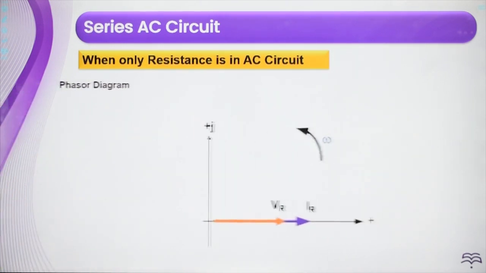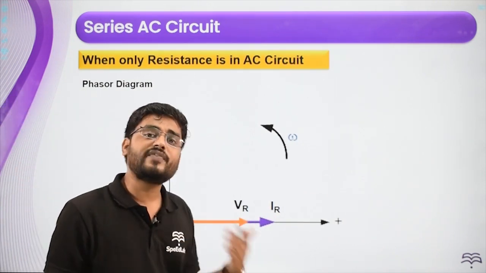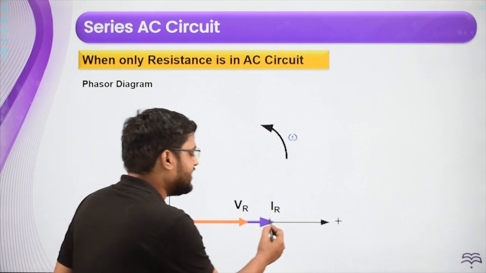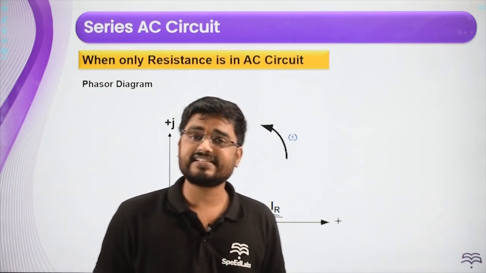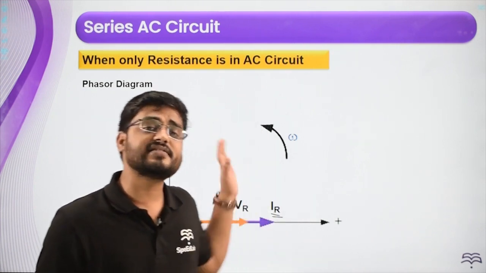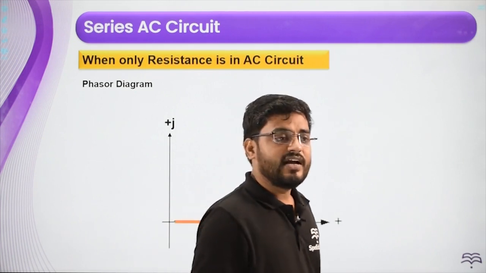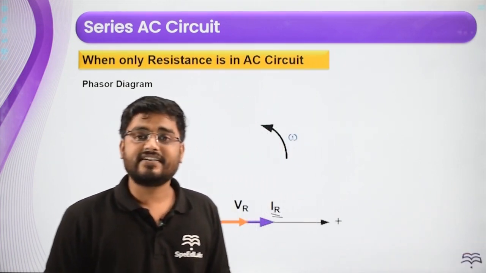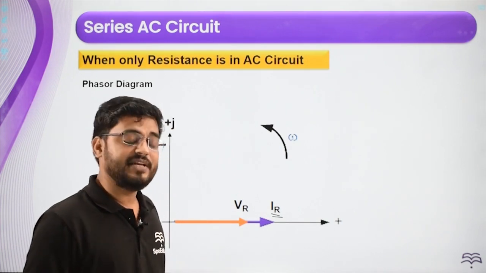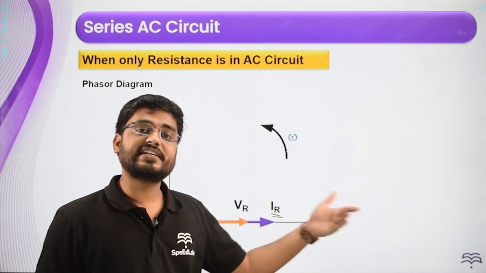Now next is the phasor diagram. In a phasor diagram, we always show our current for series circuits. For all series AC circuits, not just this one. In a series AC circuit, we know that the current is going to be the same, right? When we say two or more electrical components are in series, what does that mean? The same amount of current flows through them. Different voltages are there, right?